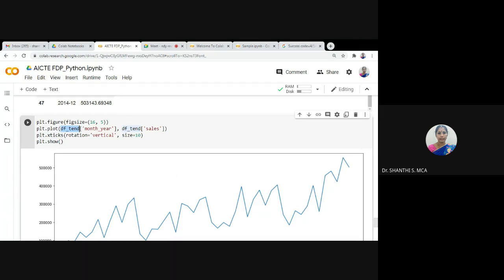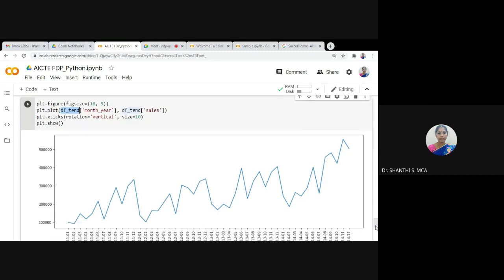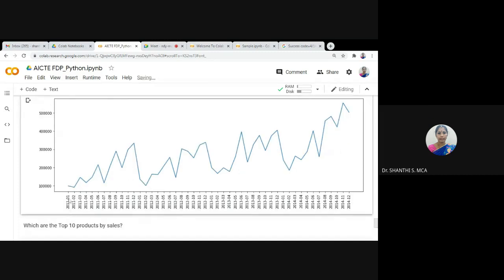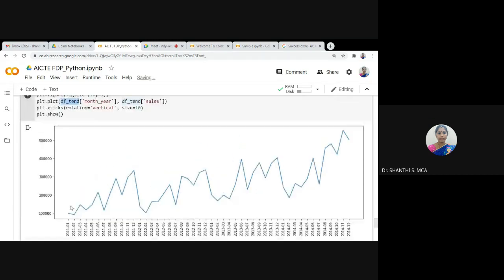This is the x label, and I want to display this x label in vertical direction. So plot dot x ticks of rotation equal to vertical, size equal to 10. If it is displayed in horizontal, it will be very congested.